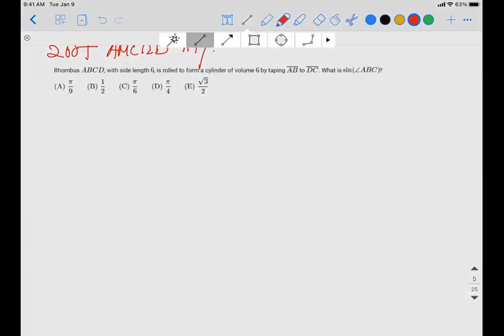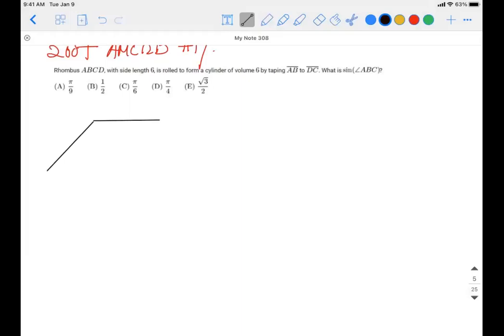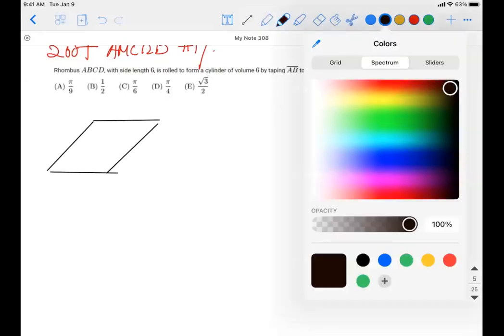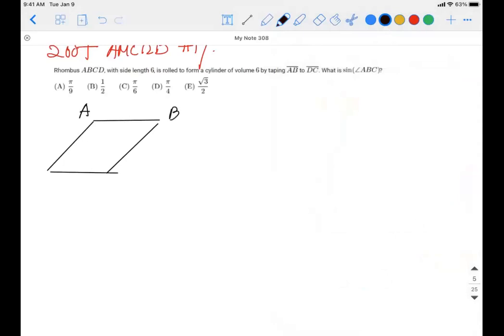Like I said, from day one, as long as you're dealing with any geometry problem, the most important thing is to have a nice graph. From the nice graph, you will be able to find out what you're going to do. So this is going to be something like this, 6, 6. This is going to be your A, B, C, D, right? This is 6, 6. So what you're going to do, you're going to roll this diamond shape